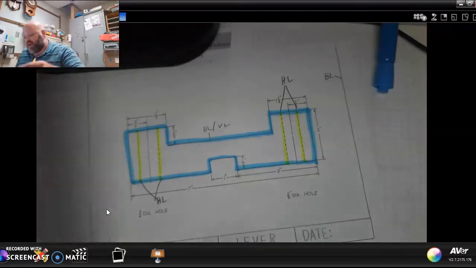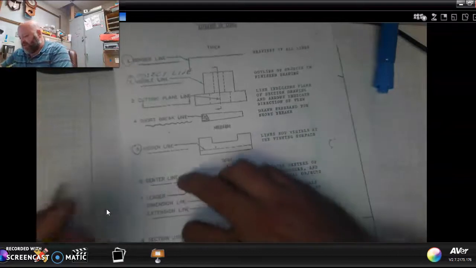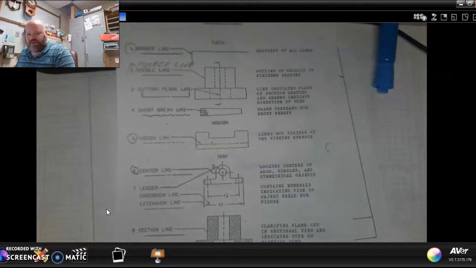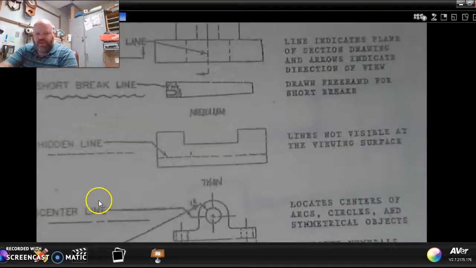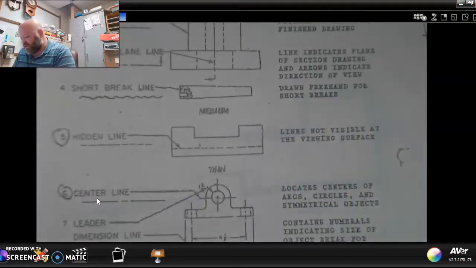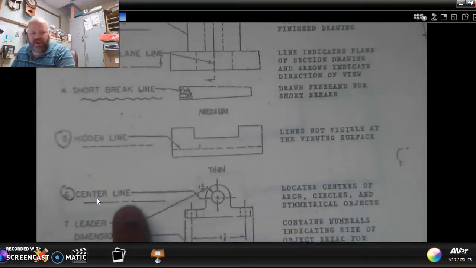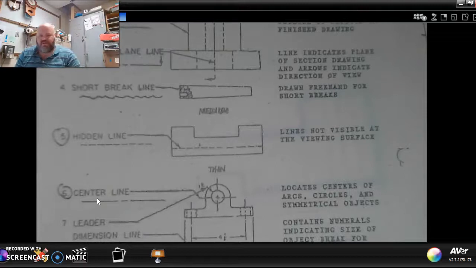Okay, next line that we are going to talk about is a center line. And if you look at the example on your drawing or on the handout that you have in front of you, you will notice that it is a solid line that has a dash and a couple of breaks in the center. And what the center line is going to do, it's going to locate the centers of arcs and circles and symmetrical objects. Now, when you're looking at a symmetrical object, that means if you divide it in half,